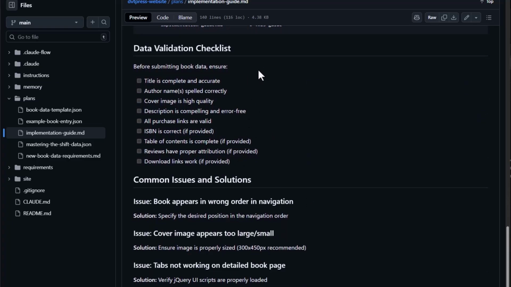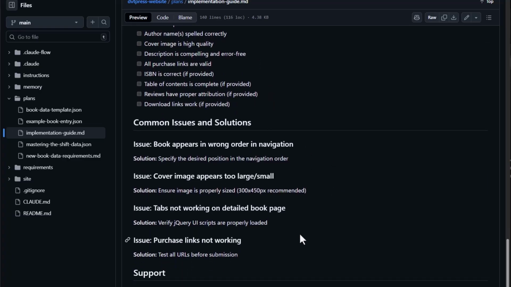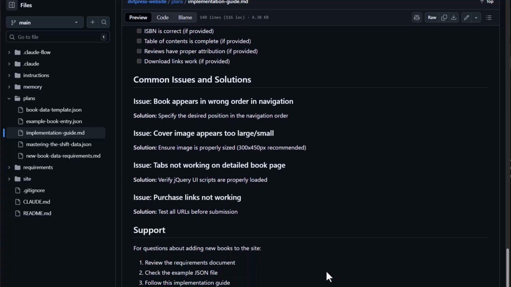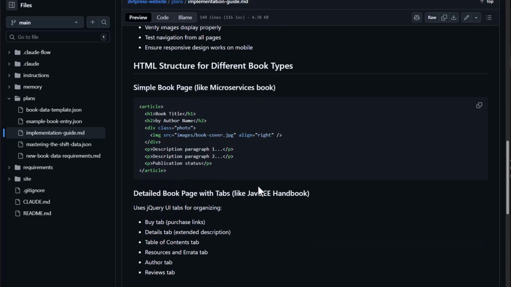It's going to go through and do a data validation checklist, and should I have problems, it gave me common issues that it thinks I might have because I'm an imperfect human and I'm liable to make mistakes. And it gives me some support options if I have trouble. So basically,